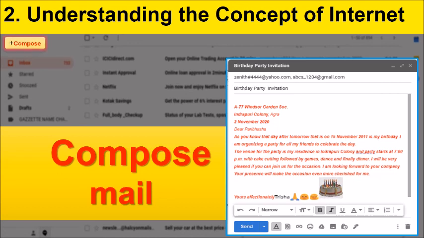On the top header column you can see the email addresses to whom we are going to send the email. Subject, for what purpose we are writing a message, is written over there. Subject is birthday party invitation. Then the main part is the message body, meaning the contents of the email are given over there.